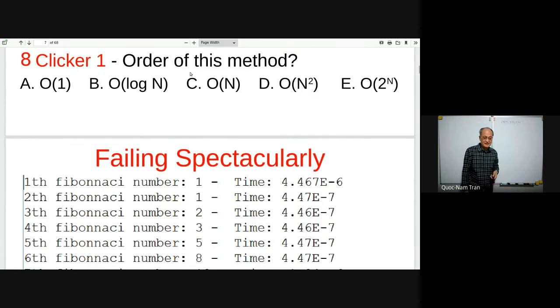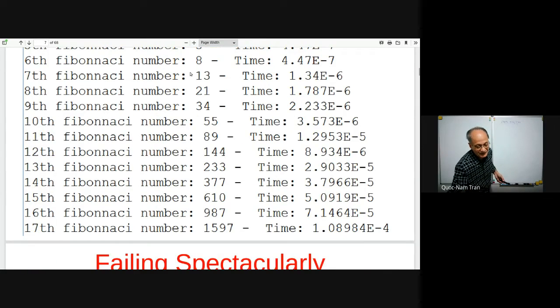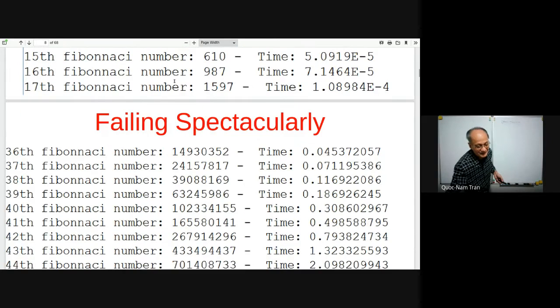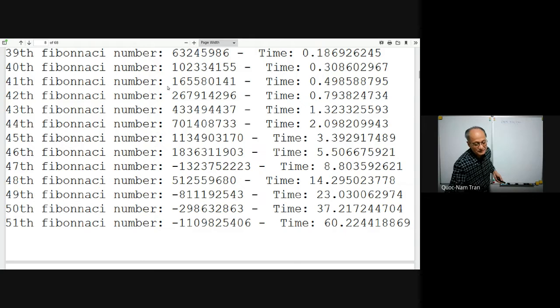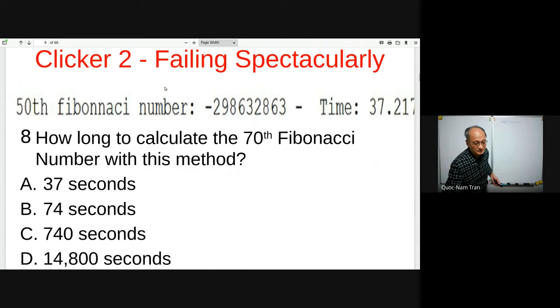Okay, so let's see here. The first Fibonacci numbers can be calculated really quickly, right? It's about 4 in a million of a second. But if we look at, say, the 51st Fibonacci number, it takes 60 seconds. Okay, that's quite a bit. And if we have the Fibonacci number of 70,